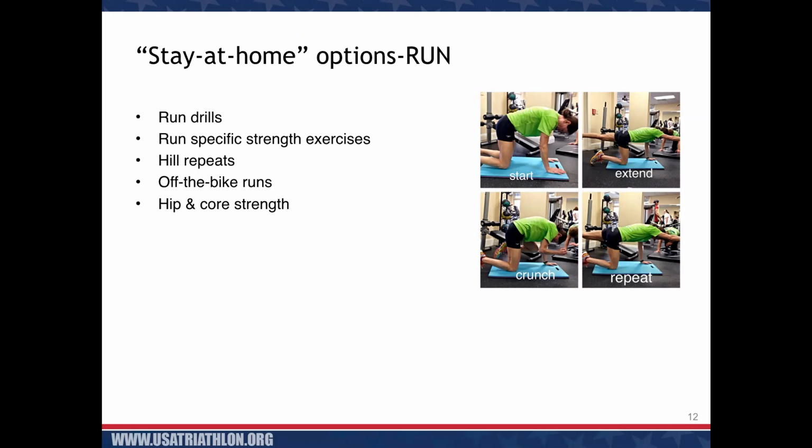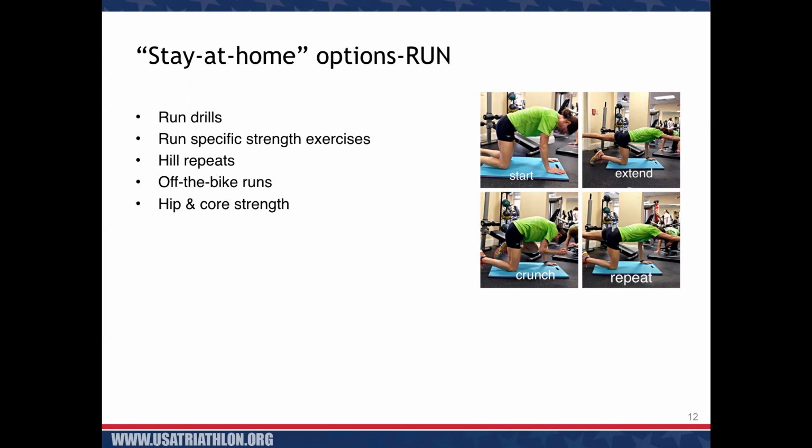As you tend to fatigue, your form breaks down, and that causes even more fatigue. So again, holding good form under fatigue, the run drills can help you do that. I talked about some of the run specific exercises. Again, you don't need a gym. There's a lot of stuff you can do at home, body weight exercises, hill repeats that you can do, as with cycling, really bang for your buck, building run specific strength, working on form. Long hills, short hills really pay off in the long term.